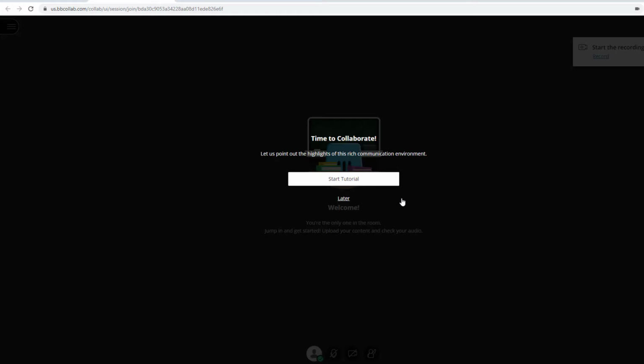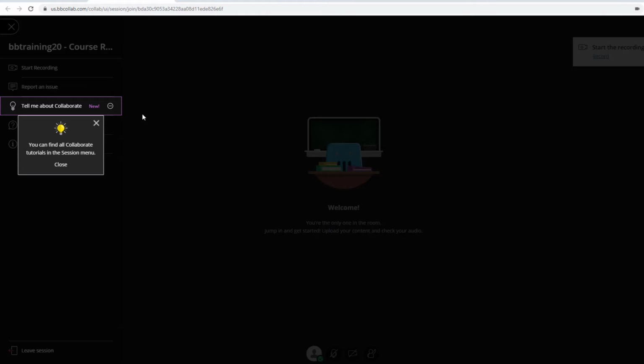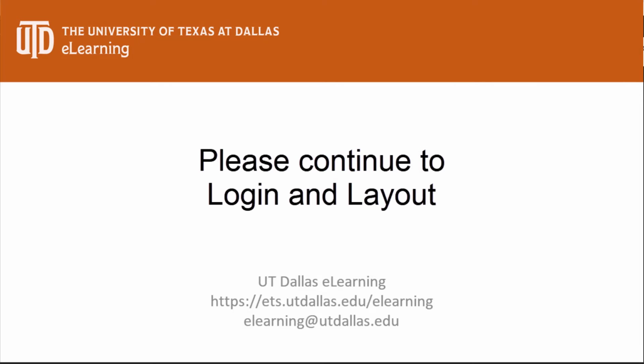First-time users will run an audio and video check. An optional tour of Collaborate features then appears. Declining the tutorial prompts Collaborate to show that it can be viewed later by selecting the link in the session menu, the tab to the left. So, in the next set of short tutorials, we review the most popular features used during and after a live